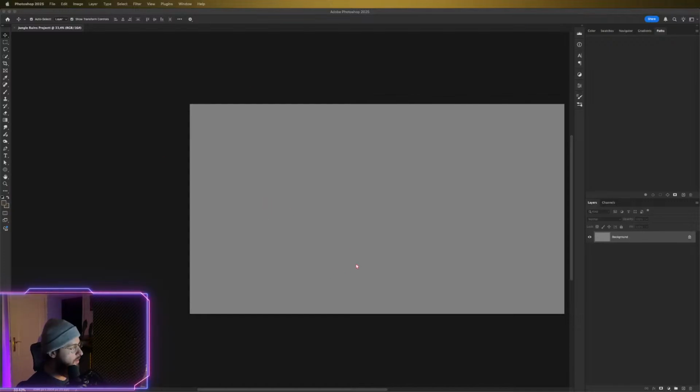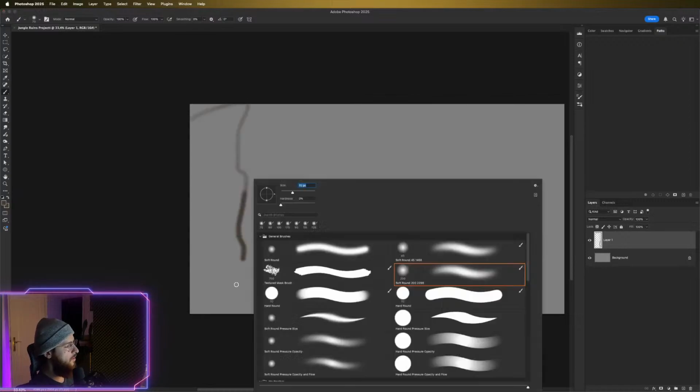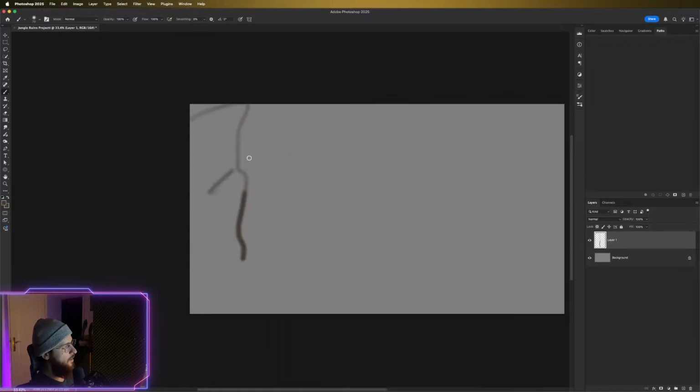Let me actually draw this real quick: maybe some ruins here, and some buildings going in the far distance, and then here is fog and